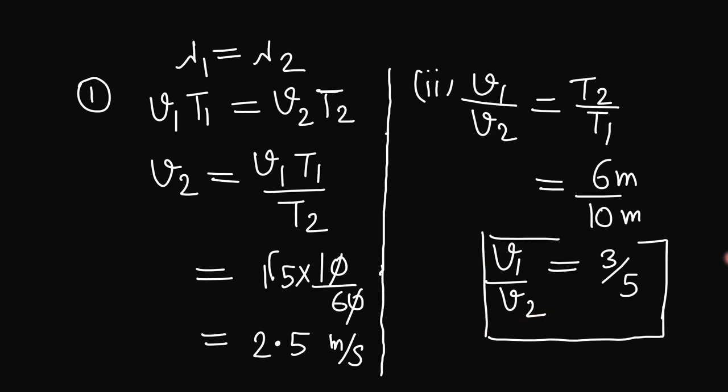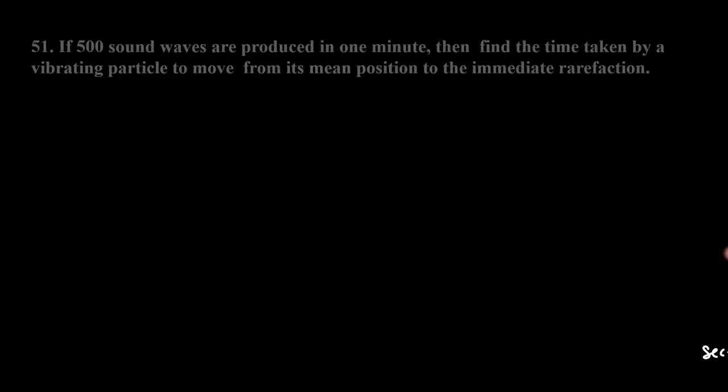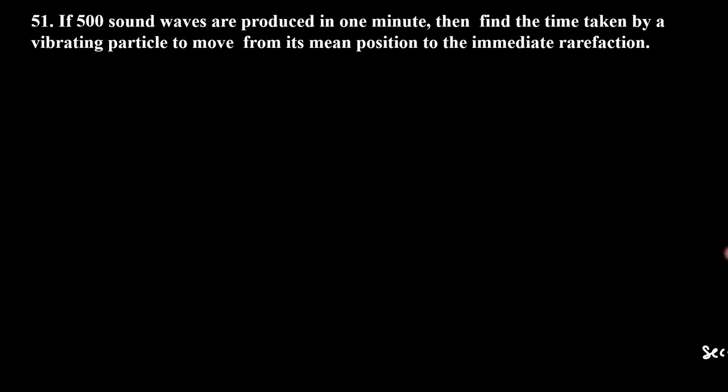Okay. Now moving towards the next question. What is asked in the question? If 500 waves are produced in 1 minute, so what does it mean? That 1 मिनट में 500 waves generate हो रही हैं, and you know that time period is, you know the frequency is,